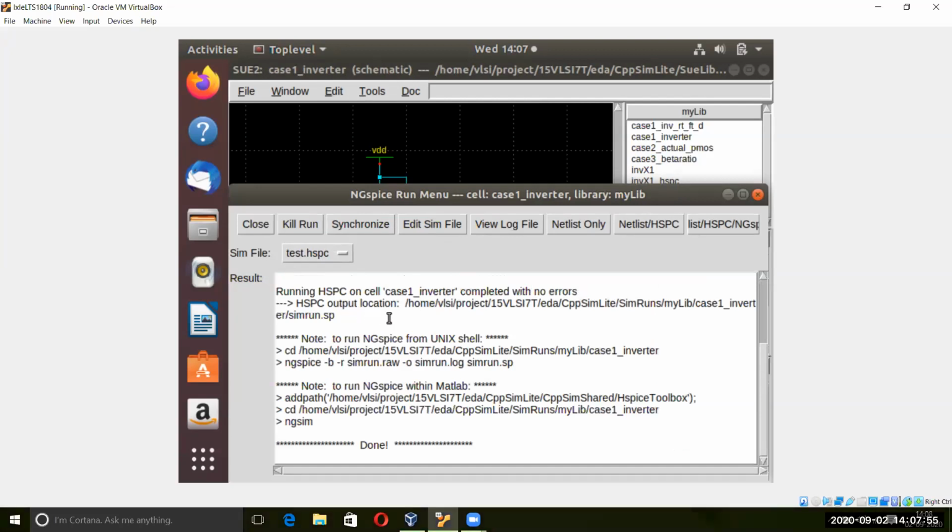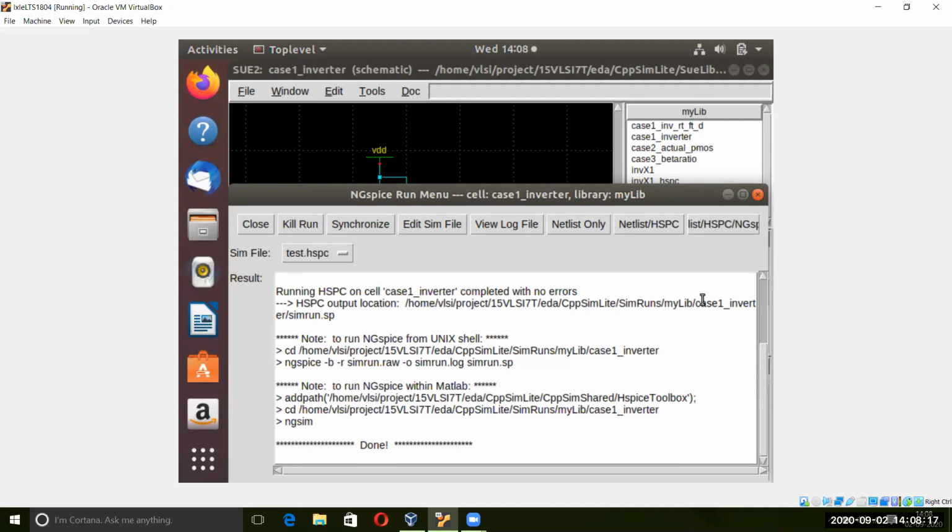Your netlist and HSPICE file is generated and it is under this location. And these are some different commands with Unix shell and MATLAB. We are not interested in MATLAB right now. This is our case where it is saved. I think this complete path will be the same for you, because I have changed to the 15 VLSI.